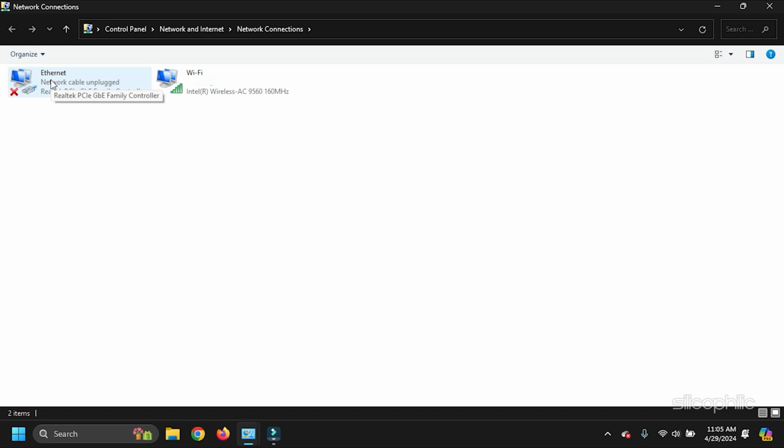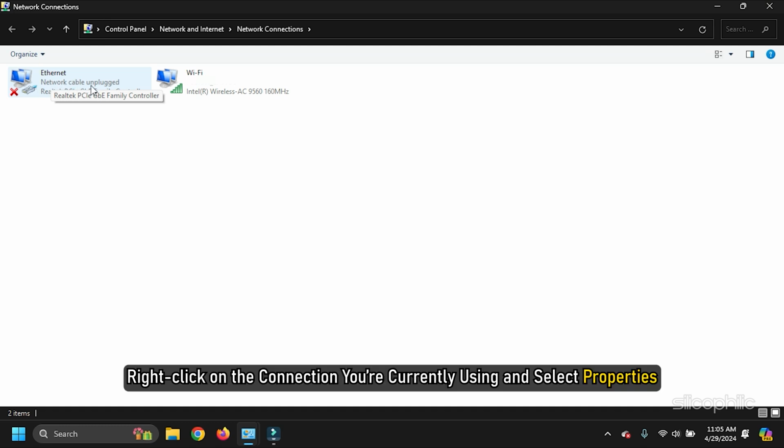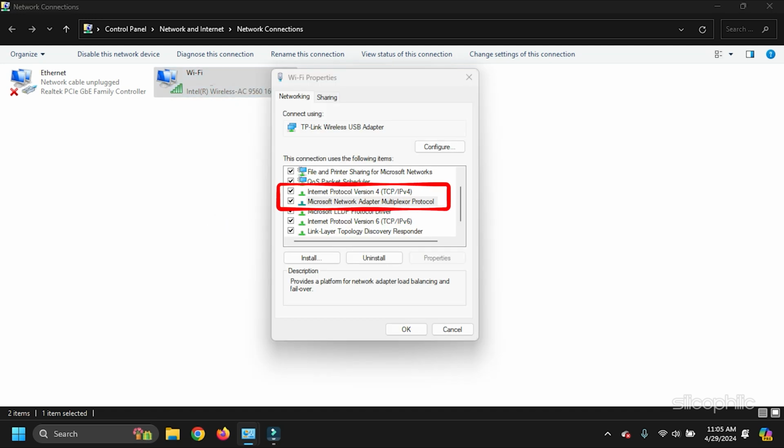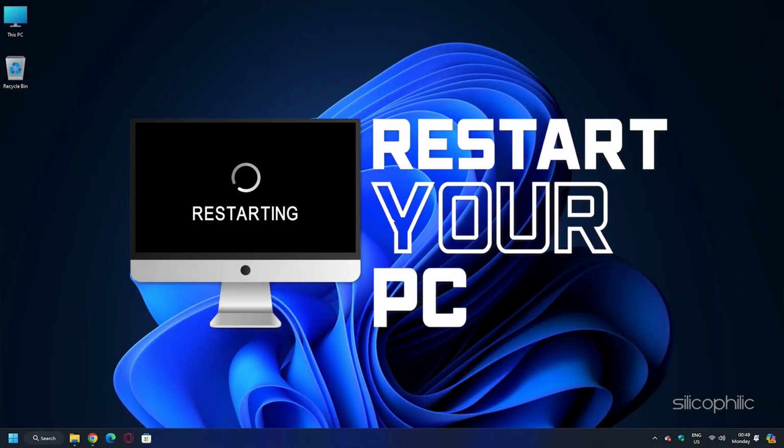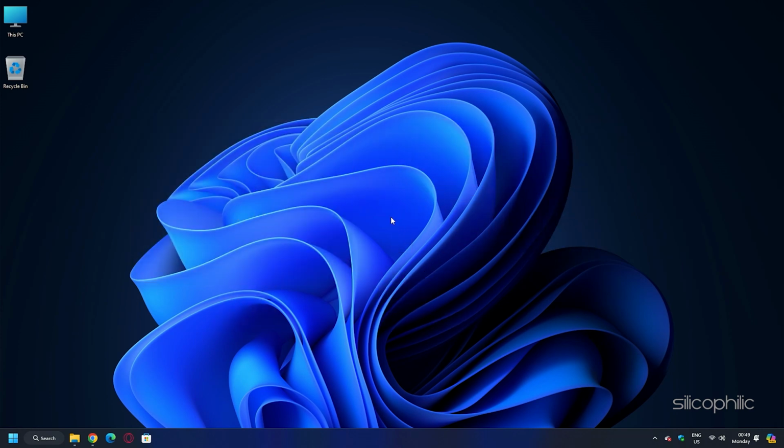This will open a new window. Right-click on the connection you are currently using and select Properties. Locate the File and Printer Sharing for Microsoft Networks and the Internet Protocol version 6 options from the list. Make sure that both checkboxes are checked. Click OK. Restart your device and check if the RPC error remains after enabling these options.